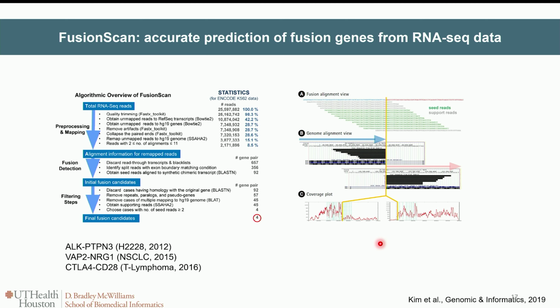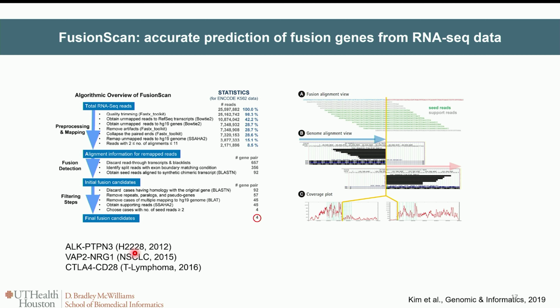So during my PhD course, I made some tools to predict fusion genes from Sanger sequencing, 454 Flex data, and Illumina sequencing data. We made this very early, but we wrapped it up recently. Anyway, applying this approach to many NGS data, we found novel fusions, such as ARC-PTPN3, which we found in